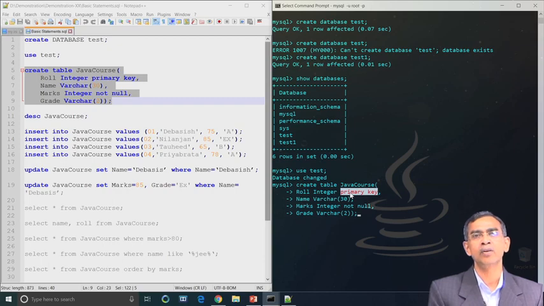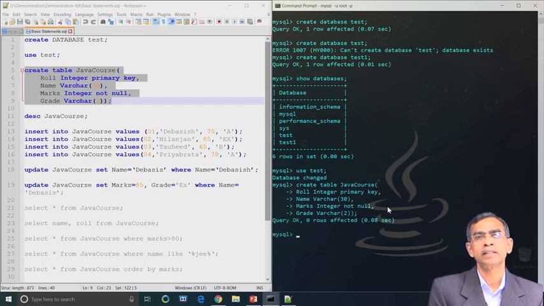So, the system will not allow duplicate entries in 2 rows for the primary key value which is defined. And then you see marks integer not null, this indicates that this entry has to be there whenever you insert some record into it, no null values are allowed. And grade is the second, and at the moment there is no entry, so the default is no value. So, we have entered it.